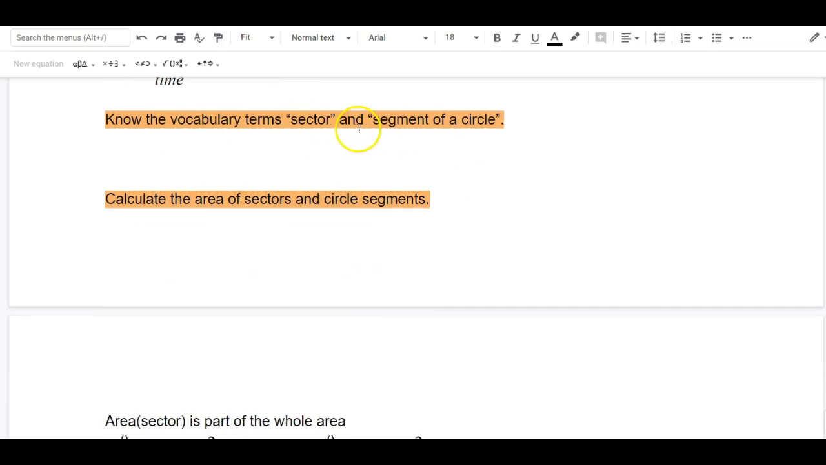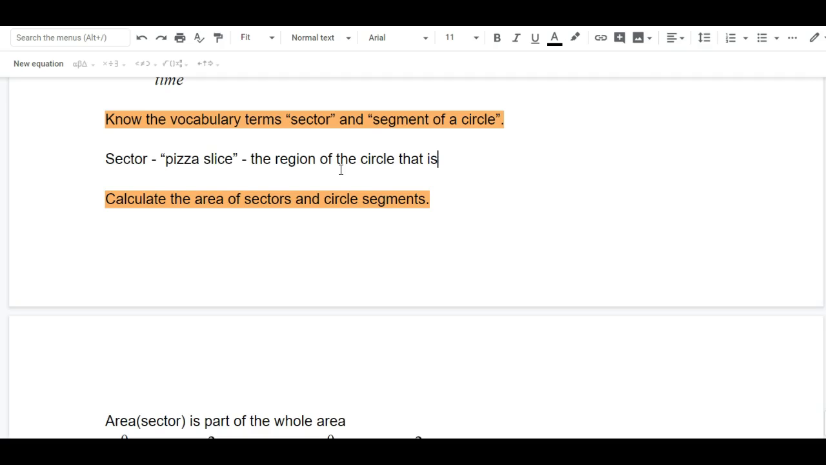Okay, so our vocabulary terms for sector and segment of a circle, we've got to get clear on those real quick. A sector is like a pizza slice. The formal definition would be the region of the disk. Let me put that in there, because a circle is just the points on the outer edge. The disk includes all the points inside. So when we're talking about a sector, we're talking about the region of the disk